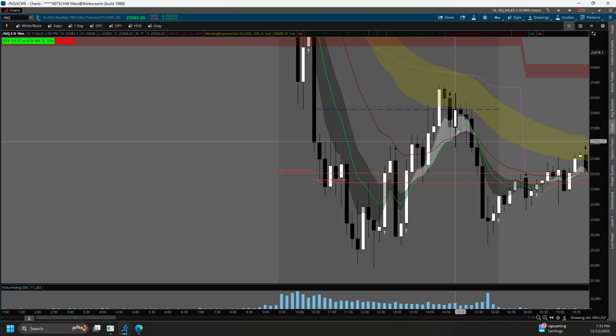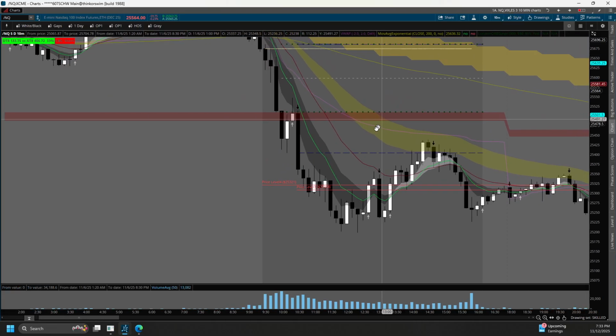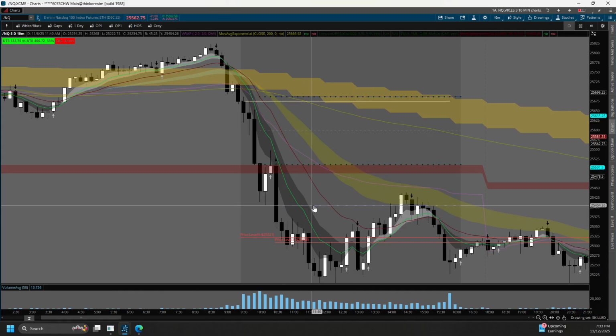Hopefully that makes sense. Here's another failed flip back long. The sellers held it and pushed back down. This level here is actually your initial balance low, essentially your 1 hour ORB. We try to reclaim the initial balance low, try to flip back bullish. Couldn't. Sellers defended. Inside candle. Not looking good. And the same thing here.